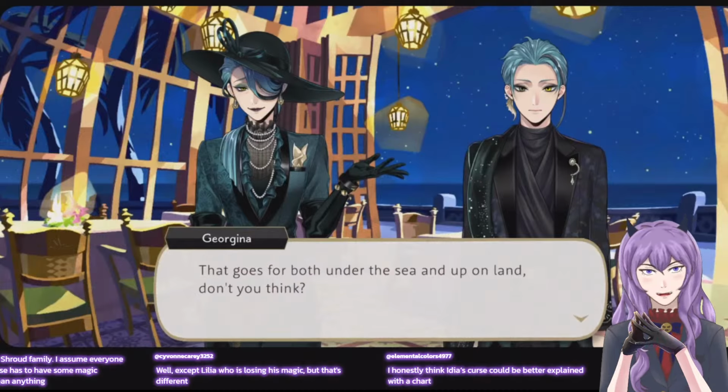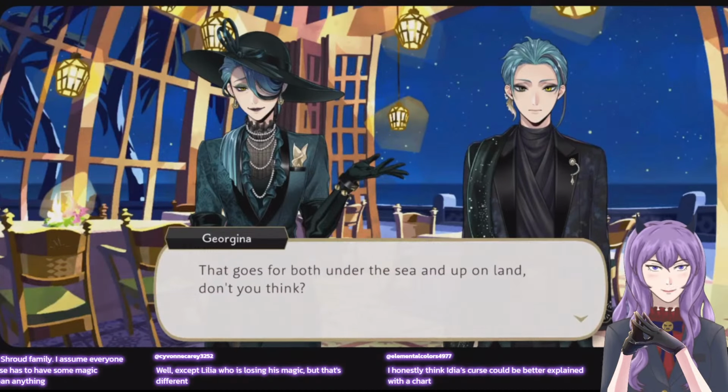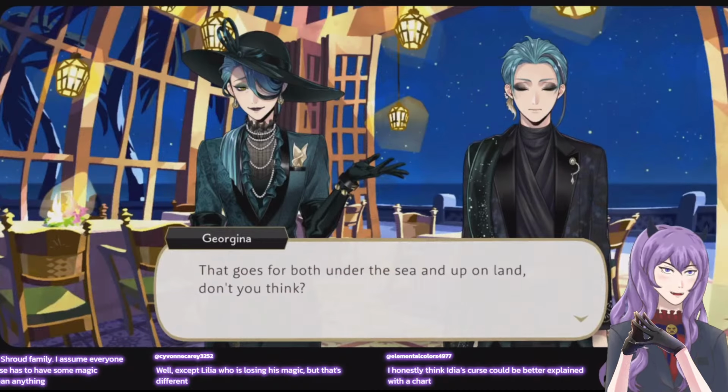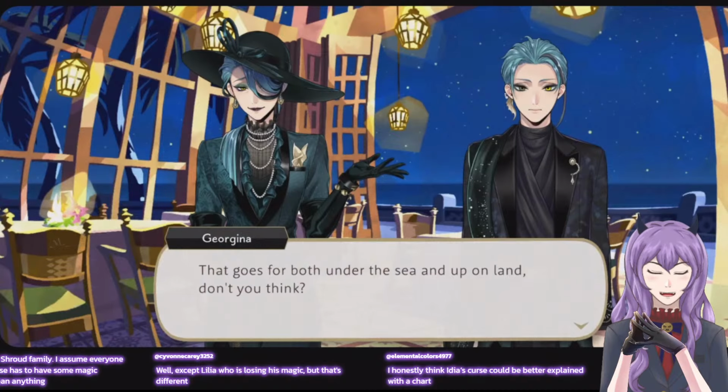The whole thing with the Shroud's curse is they have to guard over the underworld, but they need magic to use the signature spell that keeps the gates closed. So they seem to be a special case, but also the Shroud family has their hair on fire, so also kind of a built different scenario.